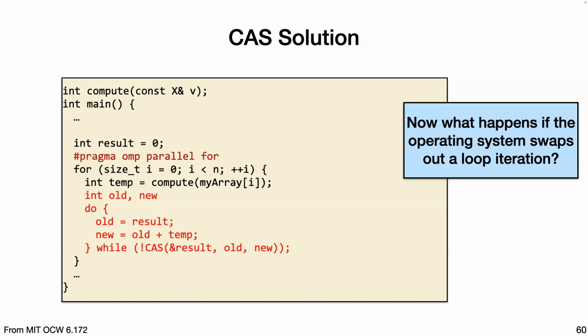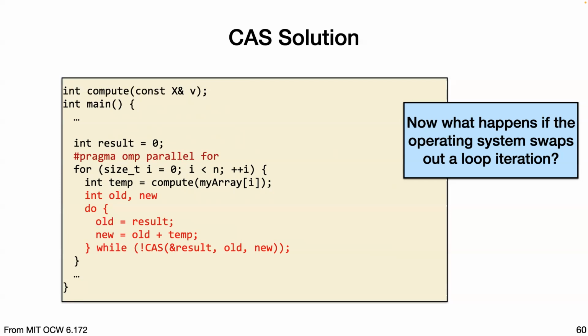So now what happens if we get swapped out on this loop iteration? In the while loop, old will get updated every time you come around. Old and new are just temporary variables. The first time around you set old equal to result and new equal to old plus temp. And then CAS, and so you have two cases on compare and swap. Either